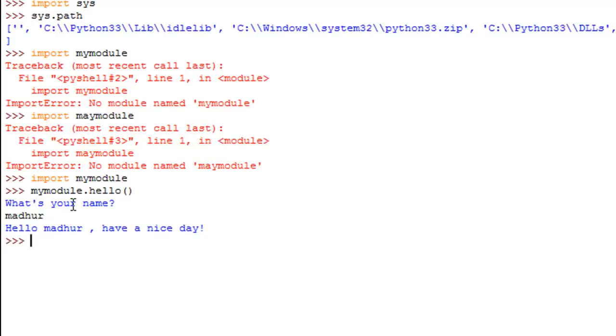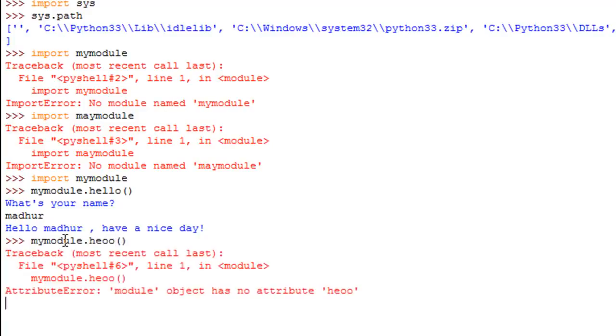Usually modules have lots and lots of functions, and they do complicated stuff, so people use modules for the sake of convenience, so that they don't have to type the same thing over and over again in different parts of their programs. So if you want to execute something like this for a different user some other day, you just import my module, and you type in my module dot hello again, and